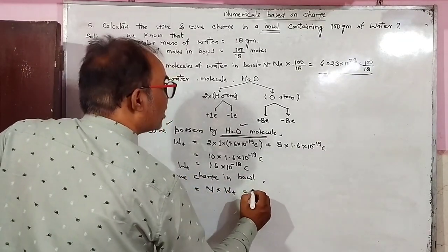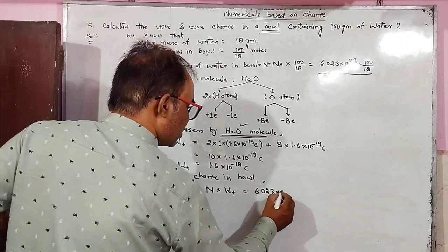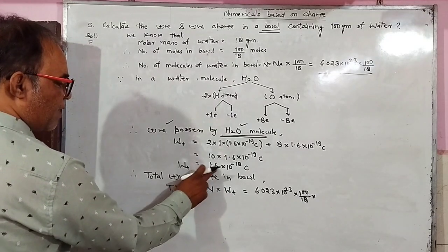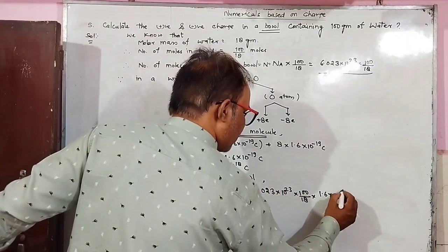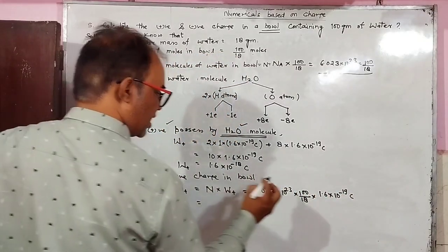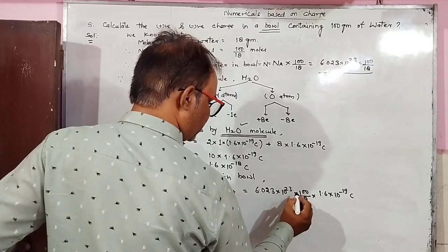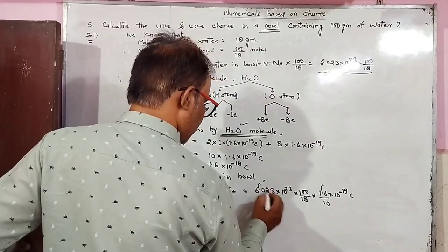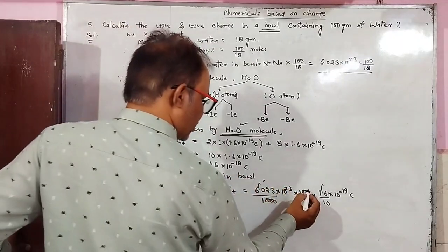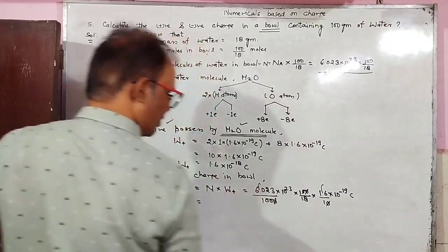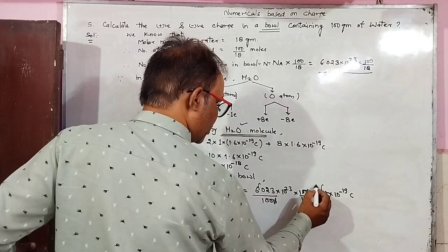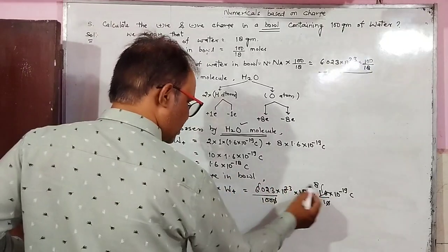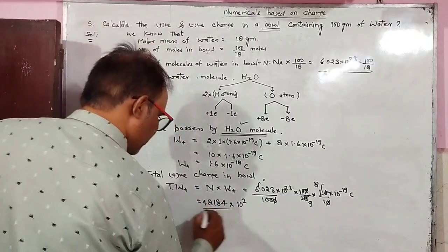That will give 6.023 into 10 to the power 23 into 100 upon 18 into W plus is 1.6 into 10 to the power minus 19 कूलम। इसे सॉल्व करेंगे तो हमें मिल जाएगा नीचे 10, 1 2 1 और ये 2 हमने कैंसिल कर दिया और ये 16 से कैंसिल हो जाएगा, 2 8 जा 16 और 2 9 जा 18। अब ये पूरा सॉल्व होके हो गया हमारे पास 10 to the power 2। इसे फर्दर सॉल्व करेंगे तो ये मिल जाएगा हमें